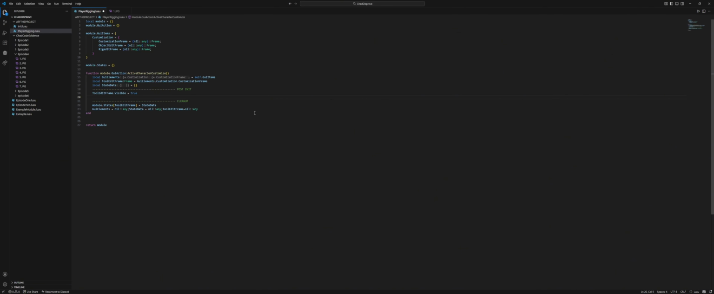We're now going to do GUI elements. In fact, since we're referencing the customization thing, we're going to change this. We change this to just dot customization, and we're going to get rid of that. And now we're going to store